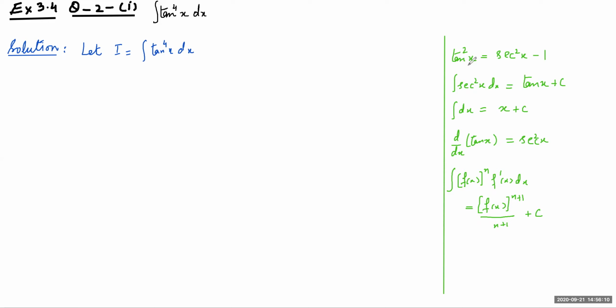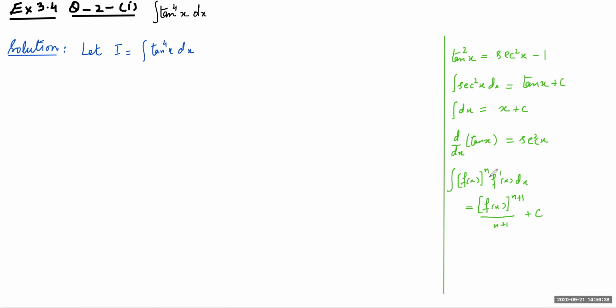The previous knowledge which we must have to evaluate this integral is that, from basic trigonometry, tan²x equals sec²x minus 1. Integral of sec²x dx equals tan x plus c. Integral of dx equals x plus c. d/dx of tan x equals sec²x, and we must discuss this formula of integration,